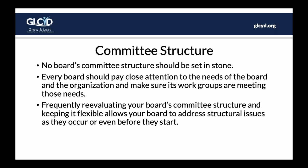So what I meant in the first place by not set in stone: some of you probably have standing committees in your bylaws. The negative is that you, as board members, as the whole board of directors, have to adhere to your bylaws. So therefore you have to have those committees because they're in your bylaws. Whereas if you were to change your bylaws to say committees will be formed as they are needed for whatever length of time needed, some of them you might find end up being pretty much standing committees anyway, but some may not have to meet on that kind of regular basis to get the job done. And so you don't have to be stuck